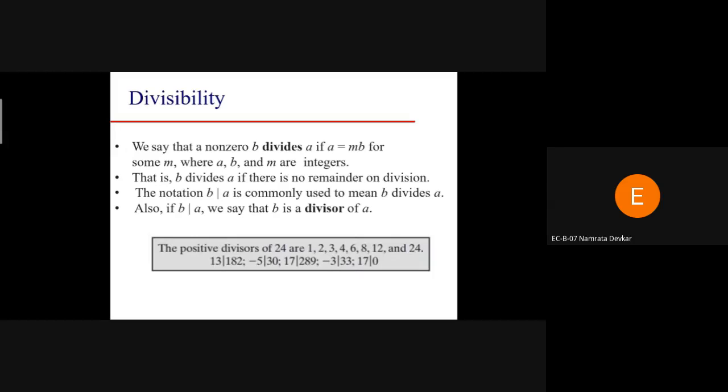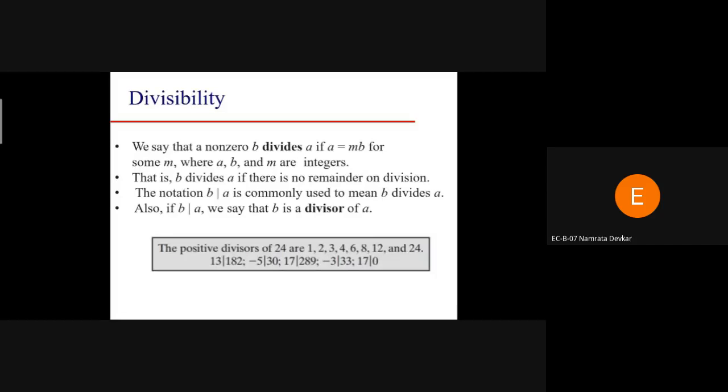If we divide 24 by 12, it is completely divided. Likewise we can take any positive numbers for our divisibility concept. The number is totally divided by that particular integer. Simply, we can take one example, 24, and find out how many numbers can divide our number 24. So 24 can be divided by 1, 2, 3, 4, 6, 8, 12 and 24.